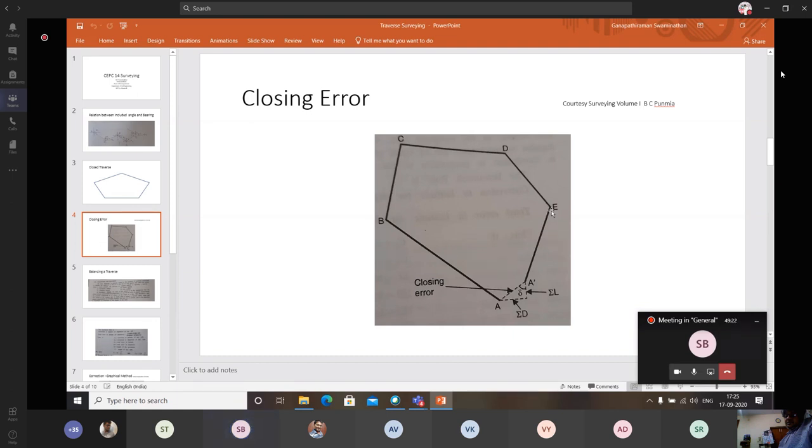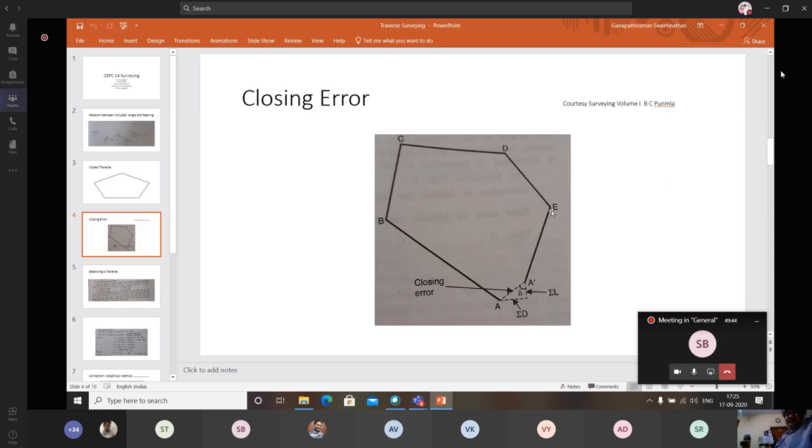To understand the concept of closing error, you have to talk about all these things. With one figure, I have to talk for about 1 hour. I'll be talking like this here onwards. Is that clear, all of you? So what is a closing error? Where does it actually creep in? When you start plotting.